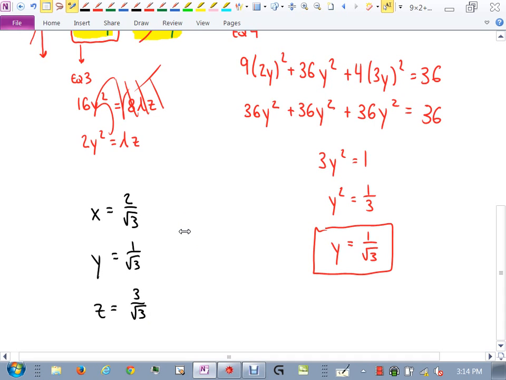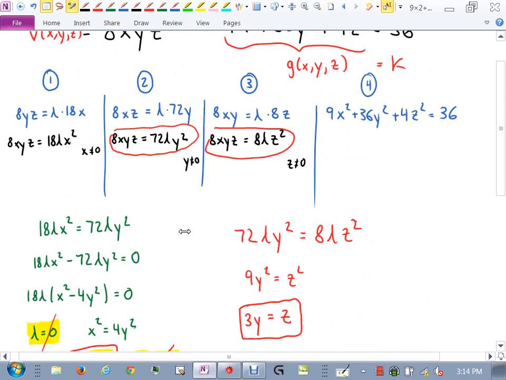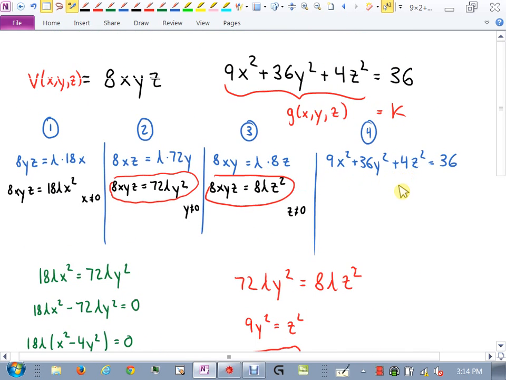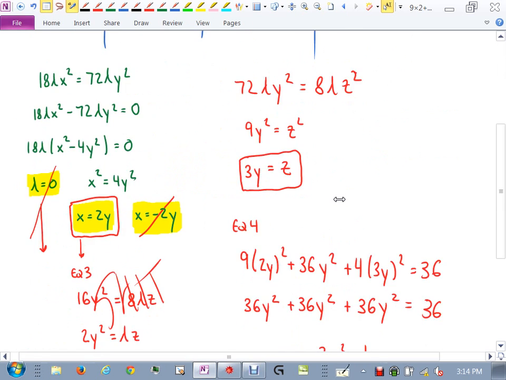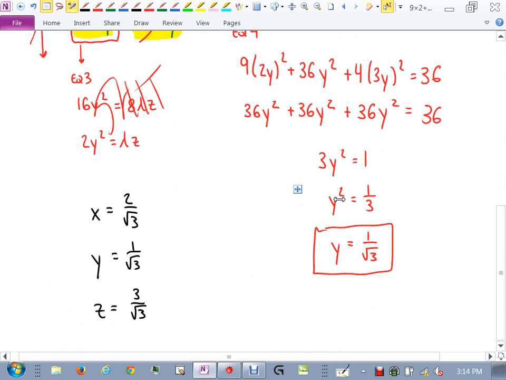How do we know this is max? You could test, right? You could pick another point that you know satisfies your constraint. But with a problem like this, geometrically, there's only a maximum, right? There's not a minimum. The minimum is nothing, no volume at all. So we're pretty much done. You could find what the volume is,